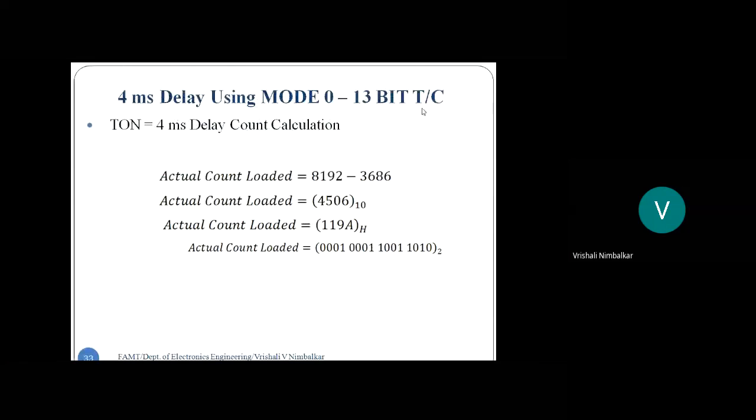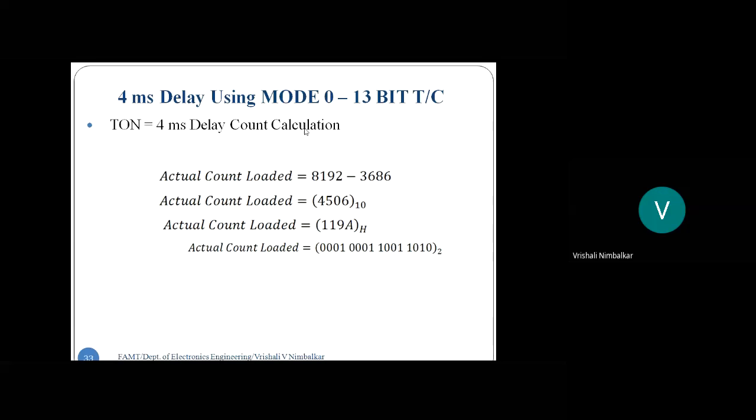Correct. Now, as I said, I can use mode 0. Again, it is a one-time count operating mode. So, you need to start the timer. Once the count is finished, there is an overflow indication. After getting overflow, you need to stop the timer, clear the flag, and reload the counts. You need to write an instruction to load the counts again. So mode 0. But the thing is, the count that is to be loaded is only 13-bit.